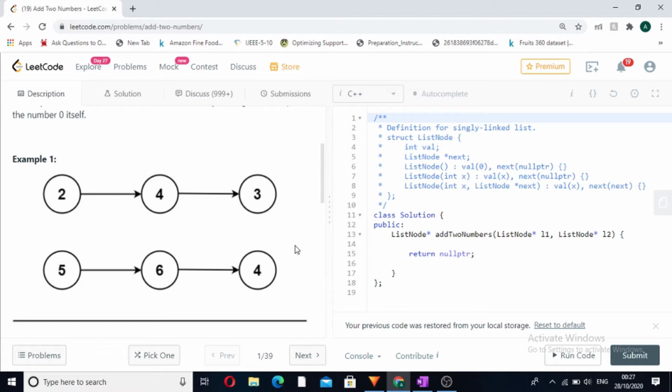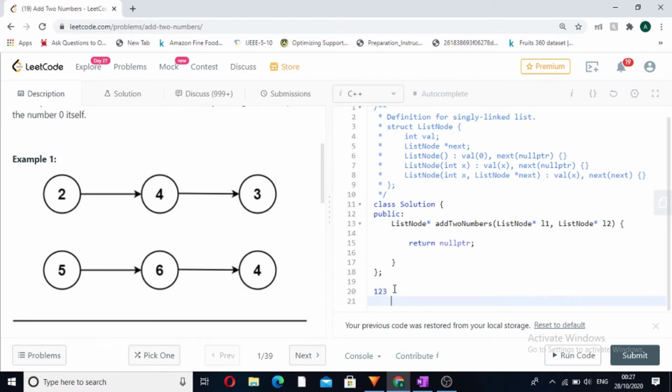Why are they stored in reverse order? Because there is a rule of mathematics. When we add two numbers, first of all we do the addition in the units place, then in the tens place, and then in the hundreds place. But in a linked list, we know that coming from the back to the front is not possible. That is, coming to 2 from the last 3 is not possible in a linked list. Therefore the numbers are given in reverse order, so that we can add them digit by digit.